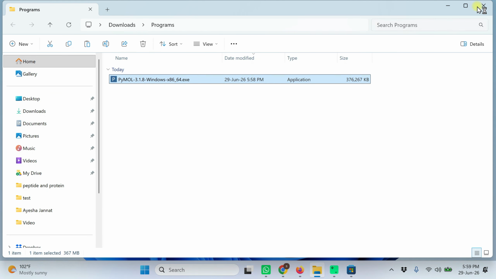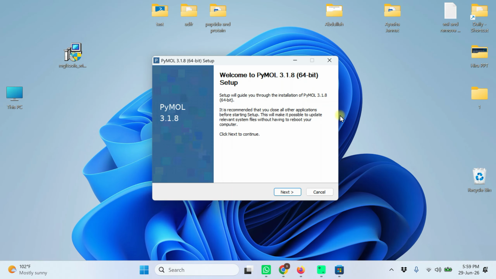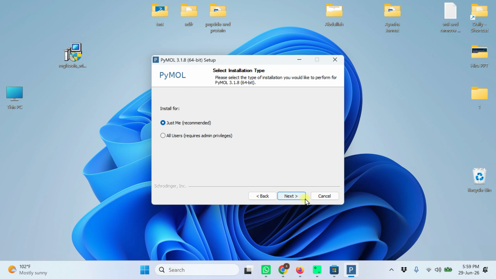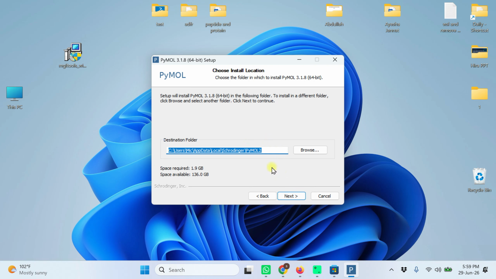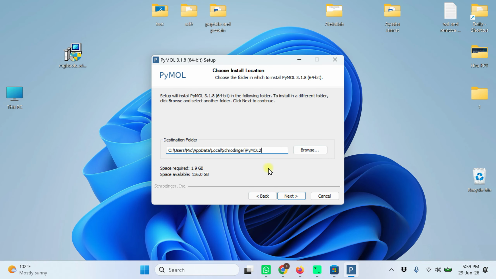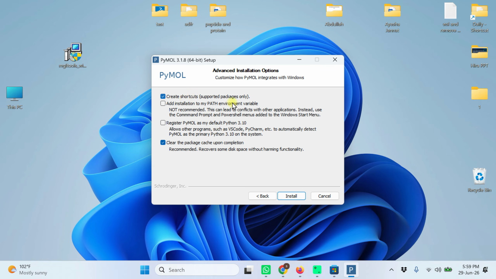Now double click on this PyMOL icon. It will initiate the installation of PyMOL. Click on next. Click on I agree. Next. Install in the default setting. It says it already contains PyMOL. Just click on next.